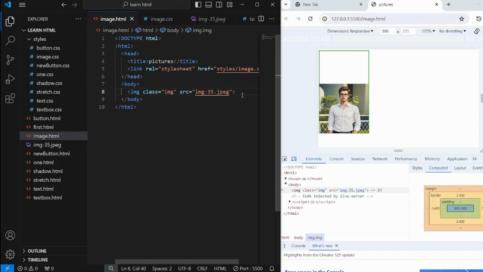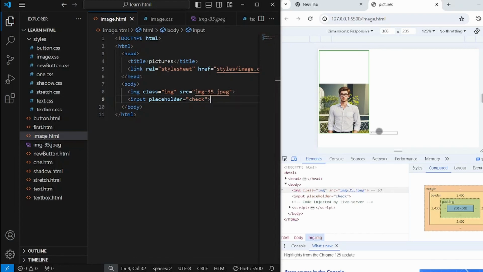For example, let's add a newly learned element, that is the text box. For that, write input, and we know by default its type is text only, so we can skip writing type for a while. We can give a placeholder so that we can easily differentiate. Let's write check, and now save this. See, this input element appeared right next to this image element, which means this text box is also an example of an inline-block element,